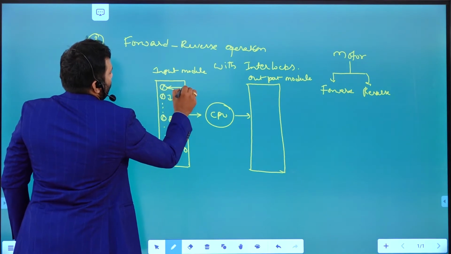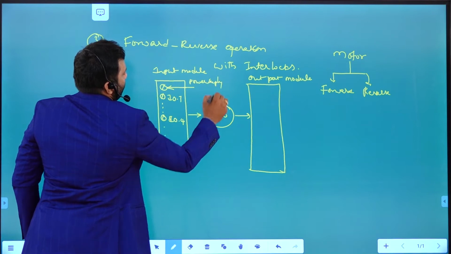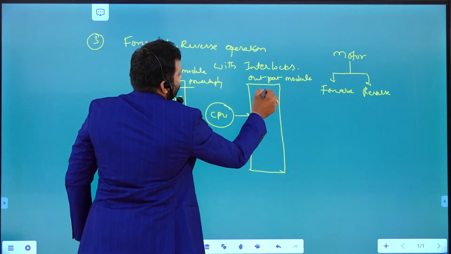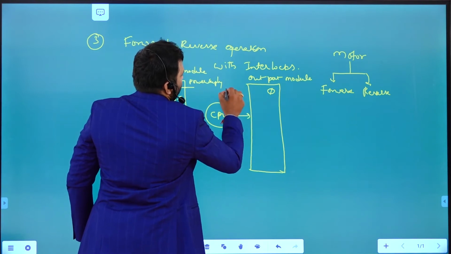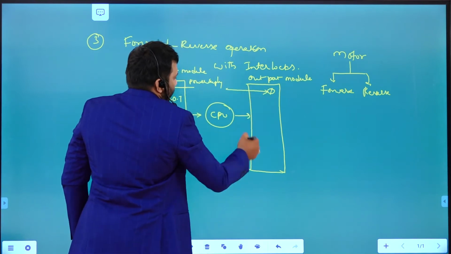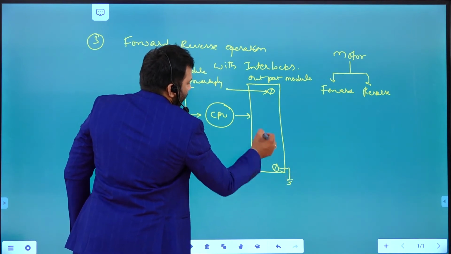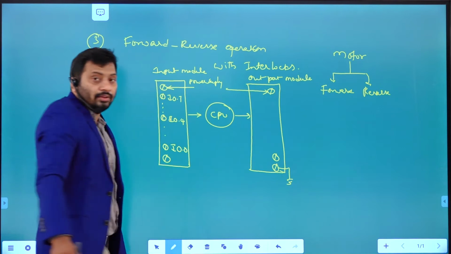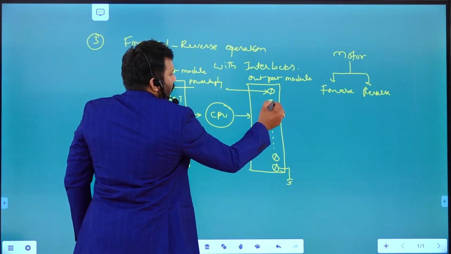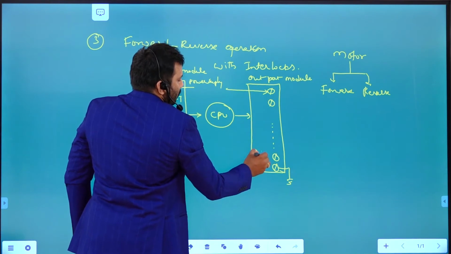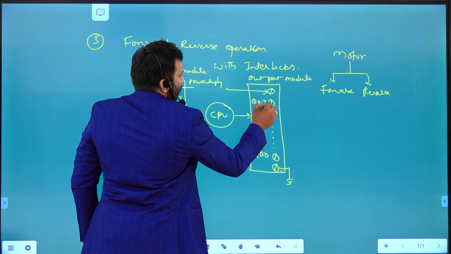Here you are going to apply some power supply. Like that, here also a power supply terminal and a ground terminal. Along with that we have output terminals Q0.0 through Q0.7.